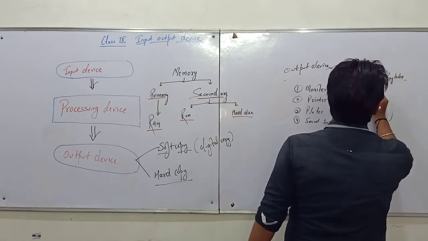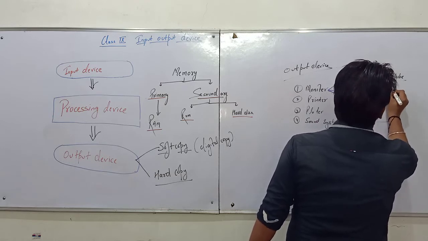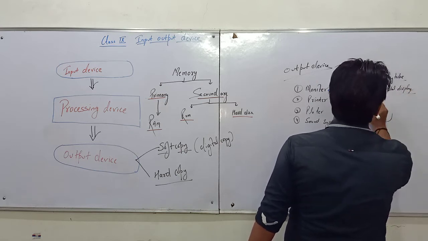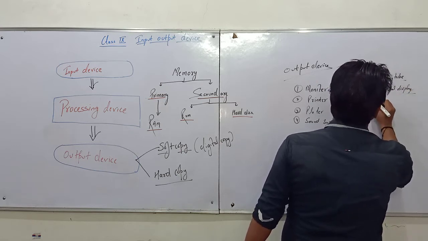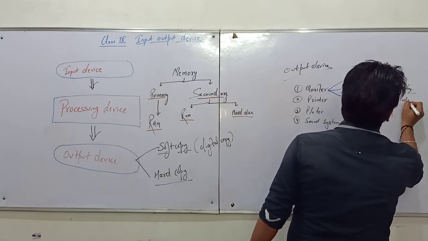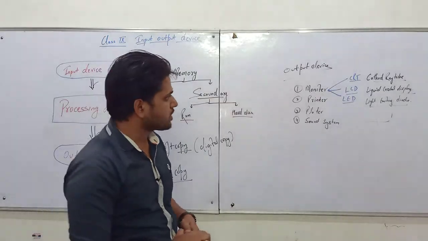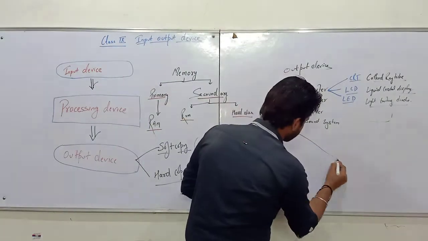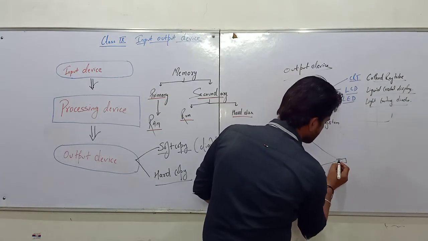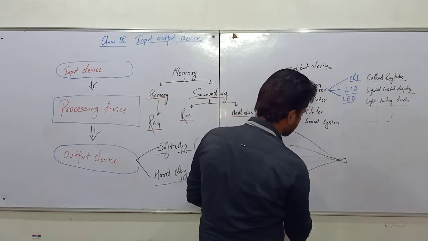Cathode ray tube, liquid crystal display, and light emitting diode. Now talking about the cathode ray tube, it's a tube-like structure where we have a torch which used to pass a cathode ray, and